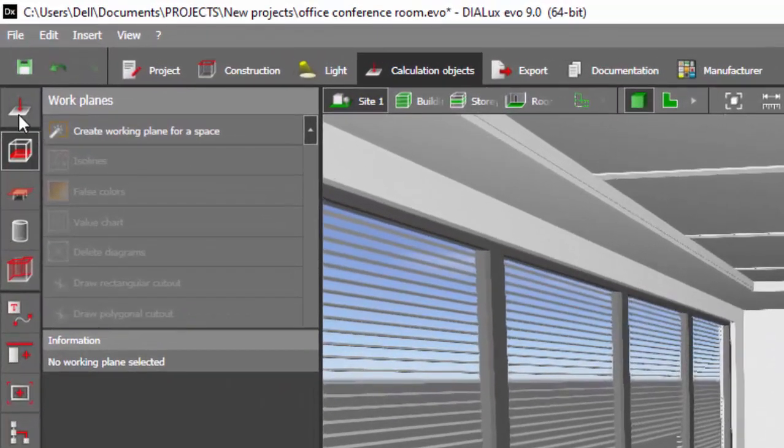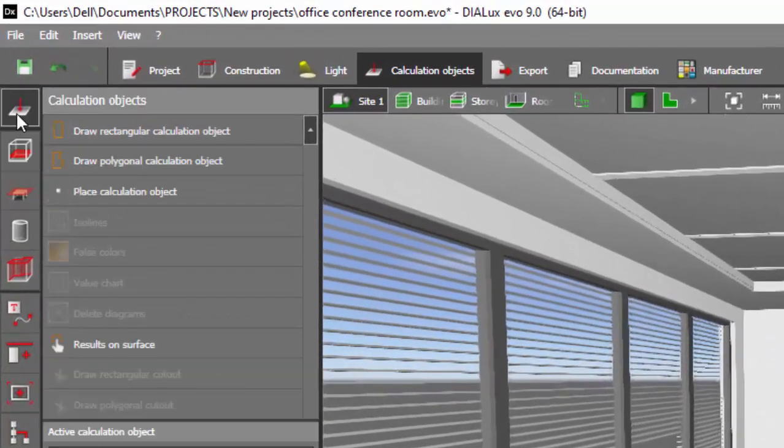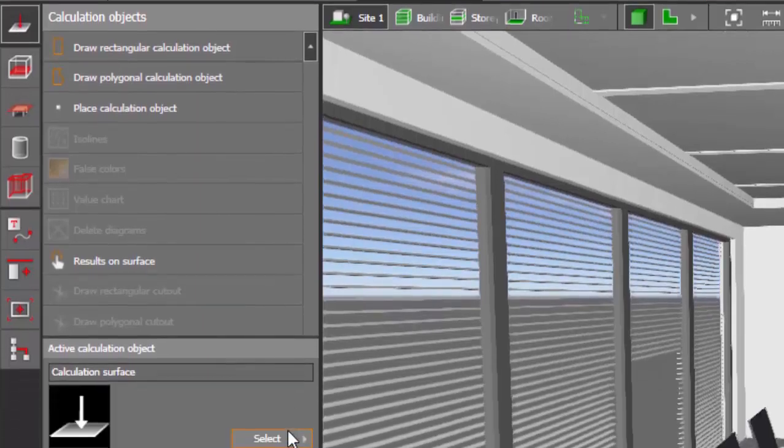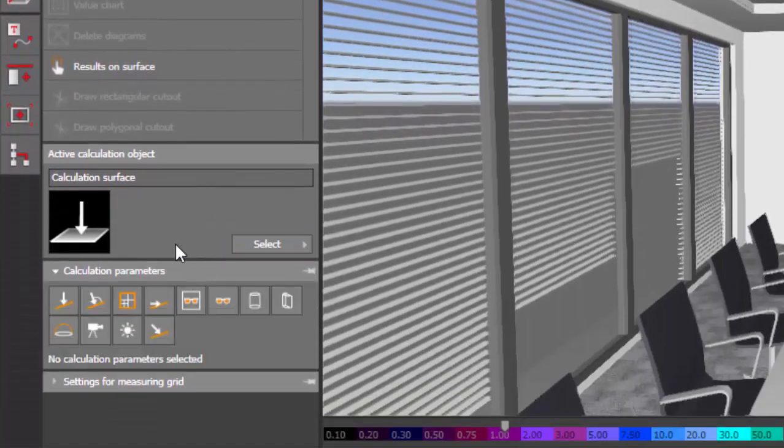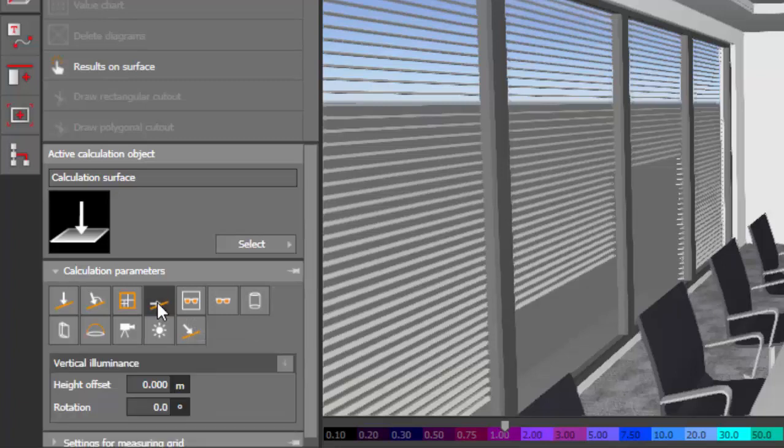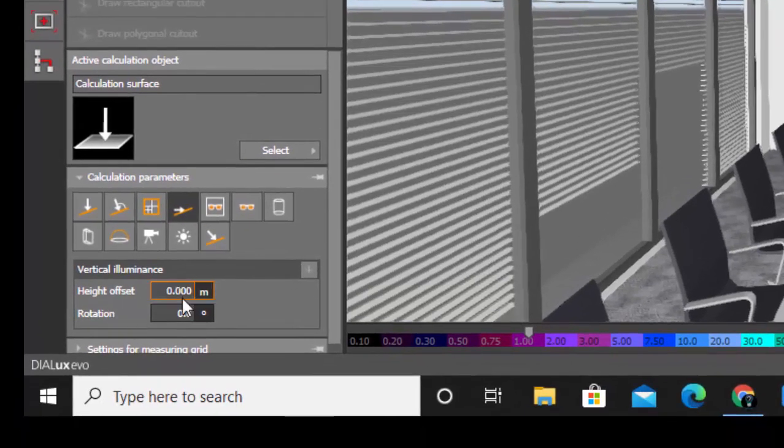Go to the calculation objects, select this. Under the calculation parameters, select this one, vertical illuminance. Don't make any changes here for the height, offset and rotation.